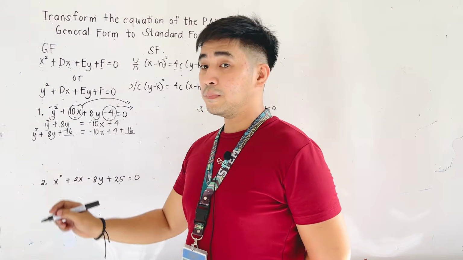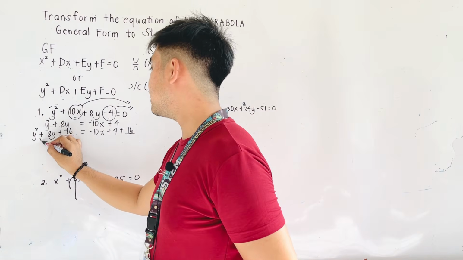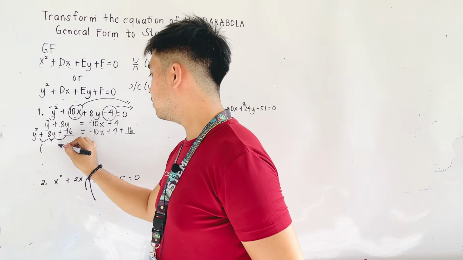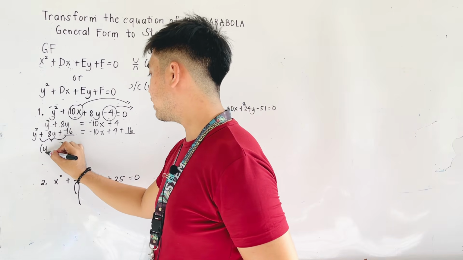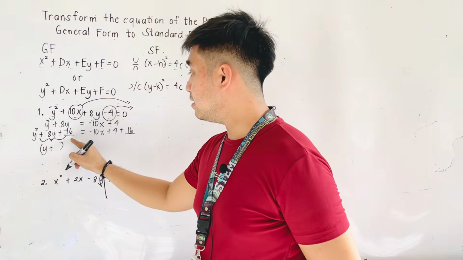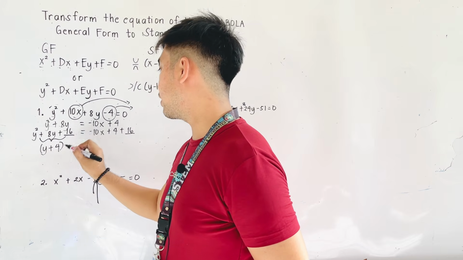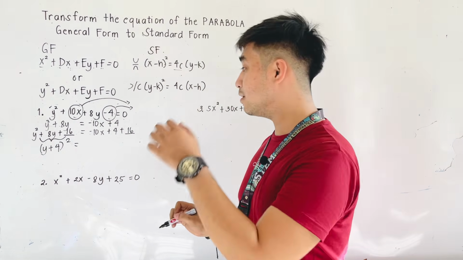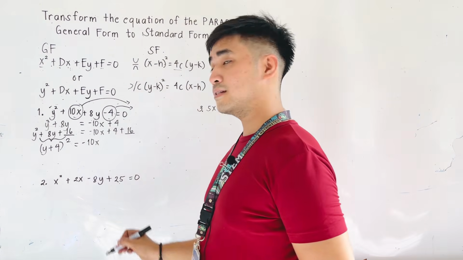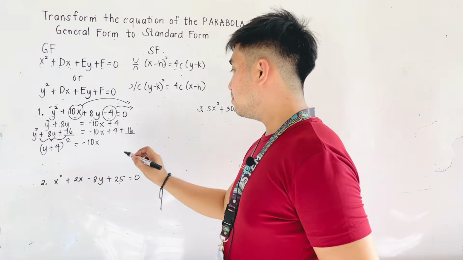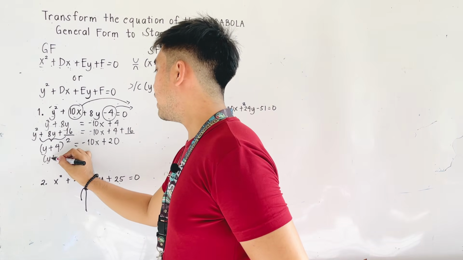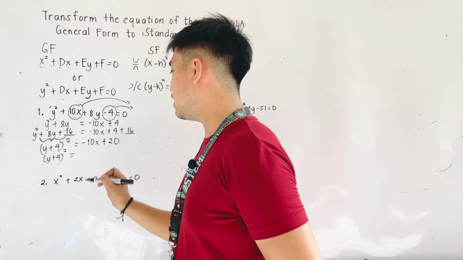Okay, y squared plus 8y plus 16 is now factorable. We could now factor it, so what will be the factor? Y squared, that is y, plus 8y, that becomes plus 16, square root of 16 is just 4. Quantity squared is now equal to, simplify the right side, that is minus 10x, 4 plus 16, therefore that is plus 20. Okay, so we'll now be having y plus 4 quantity squared is equal to